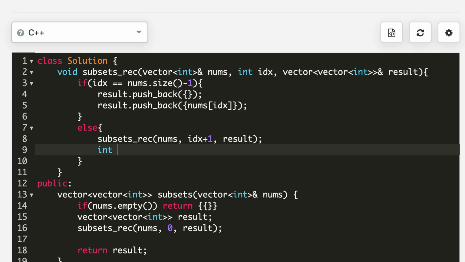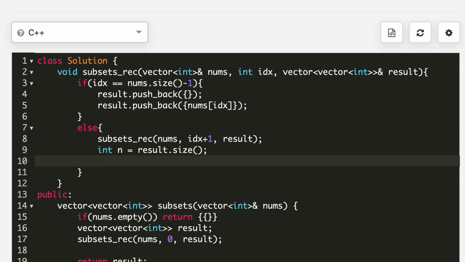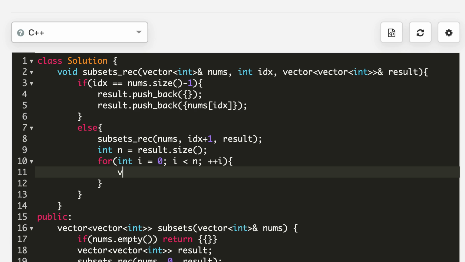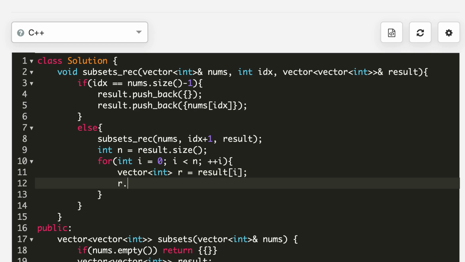So now we will take the size. So this recursive call has done it for all the smaller values.